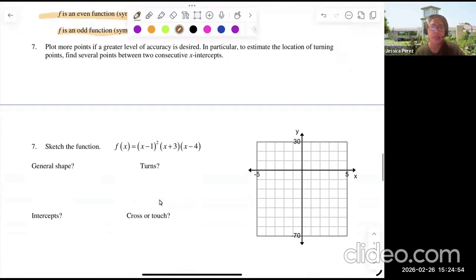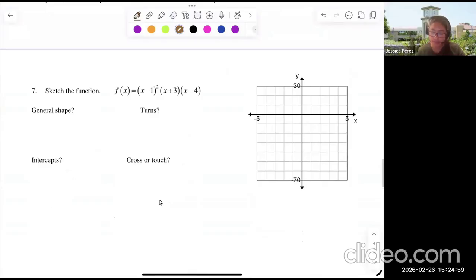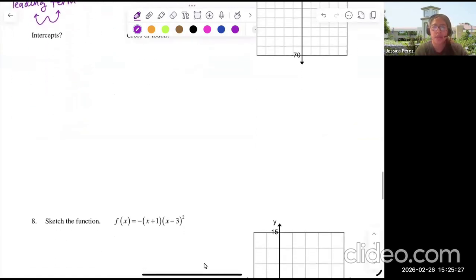So we are going to be looking at question 7, and we are going to sketch it completely. We are going to first talk about what's the general shape and who's going to give us the general shape. The general shape will be the leading term. So what is the leading term here? I have an x squared, an x, and an x. So x squared times x times x will be an x to the fourth. It's going to behave as an x to the fourth, meaning that it will have this type of shape,